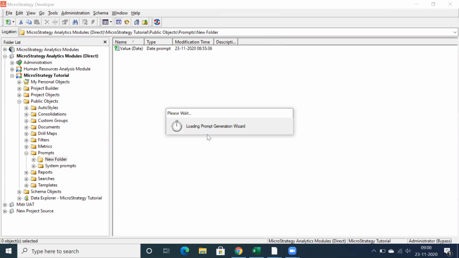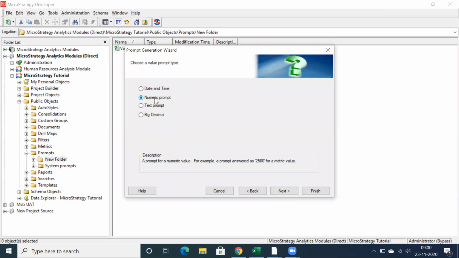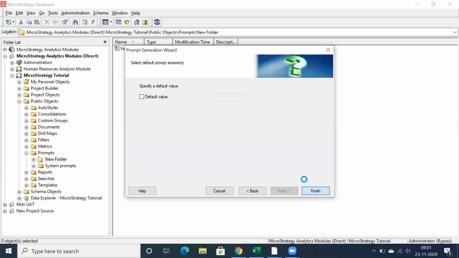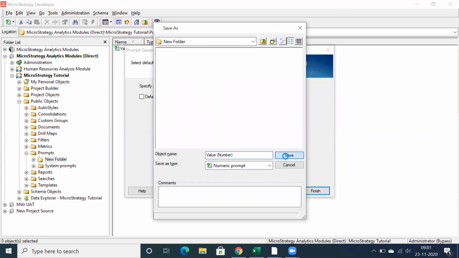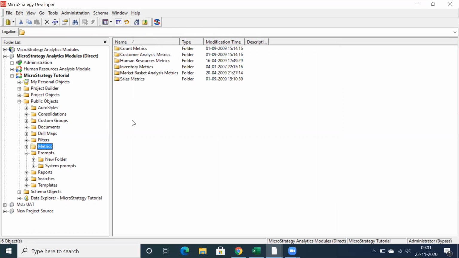In value prompt, we can also create a numeric prompt here. That is, we can also pass a number. Numeric prompt is basically for when you want to go for some calculations, say a minimum value. If you don't want to set minimum and maximum, click on next, click on finish, value number. And if you want to do some calculations on top of metrics, or for a metric you want to pass a particular value dynamically, just right click,